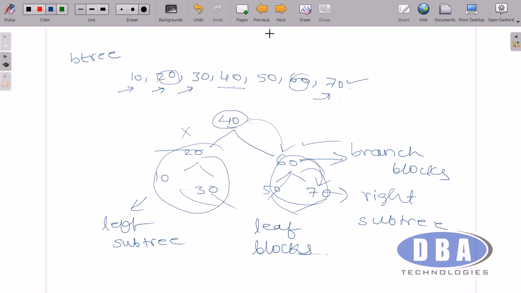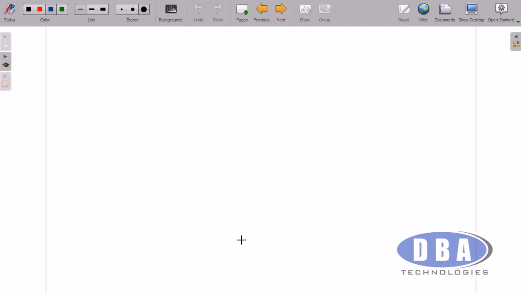Like this, performance can be improved by using a B tree. B tree stands for balanced tree. Okay, we can also make an index invisible and visible. If we make an index invisible, that index will not be used, will not be recognized first of all by the optimizer, that is the brain of Oracle.